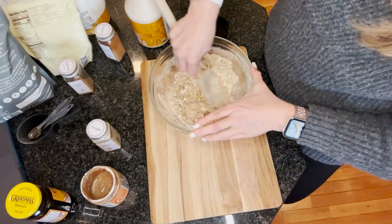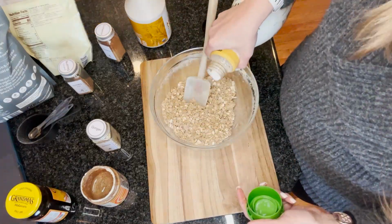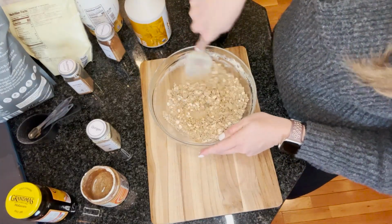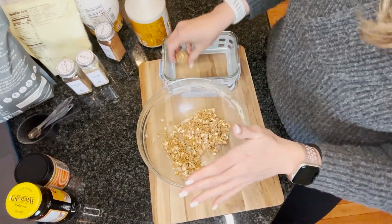And then to make it really come together so that I could form those snack bites, I added in about a tablespoon of coconut milk, because that's what we have in our fridge. You can use any milk you need to, so coconut, almond, regular dairy, whatever floats your boat. You can add that in just to give it enough to be sticky, which is really what you want it to do to form those bites. Once it got to that consistency, I formed my